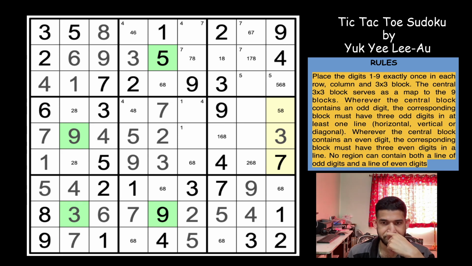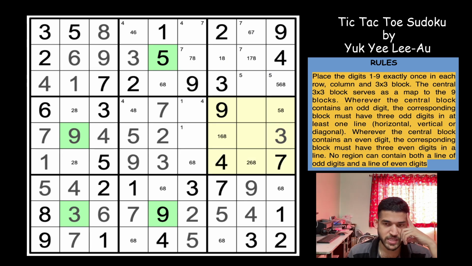This is tricky. Seems to be tricky. So one of these boxes must have a line of 3 odd digits and one must have a line of 3 even digits. The reason is, one is in one of these two cells, which means that the other box must be taking an even line of digits. So if box 3 takes an even line of digits,